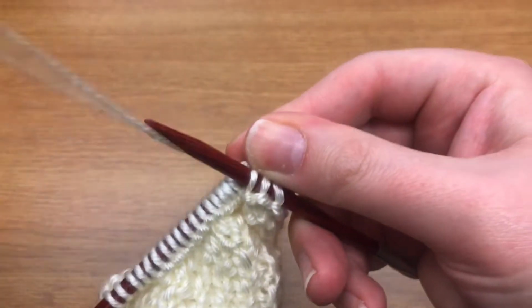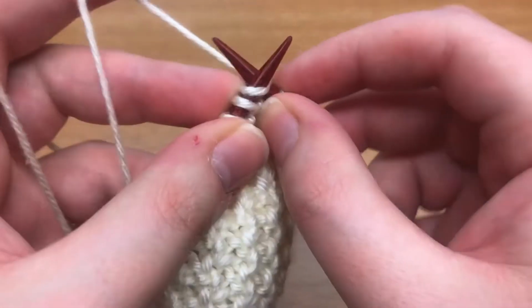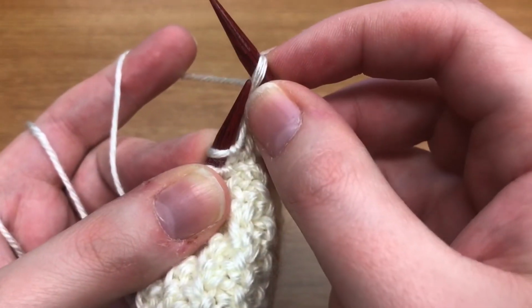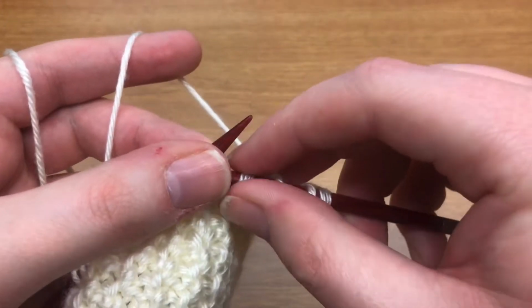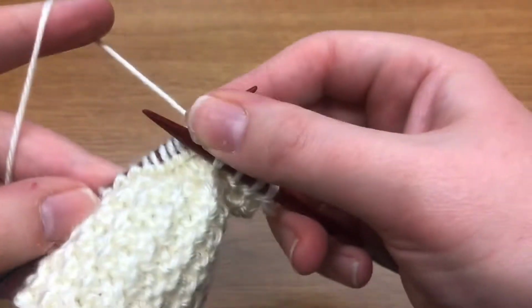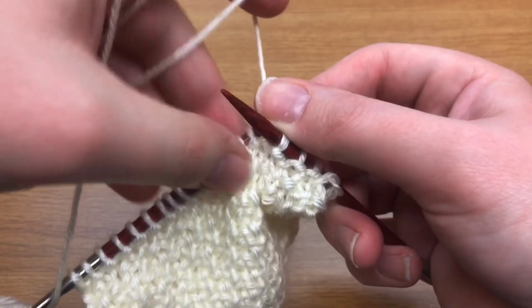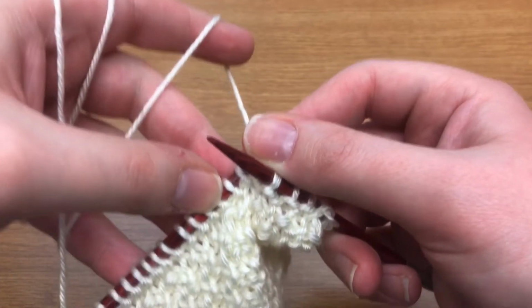And then again, it's a really simple one. You just stick the needle in as if you're going to knit that stitch, but you don't. You just lift that stitch right off and keep on going. This is often used for color work. Perhaps you have a row below that is a different color and you're bringing that color up into the next